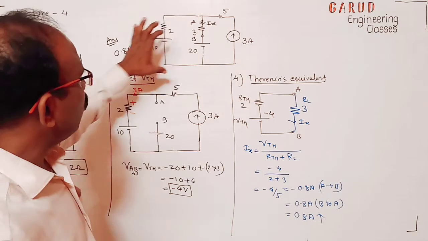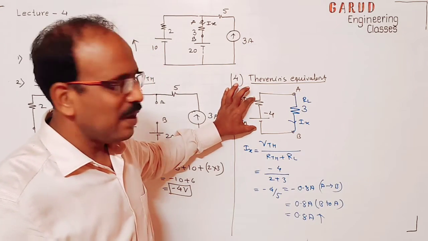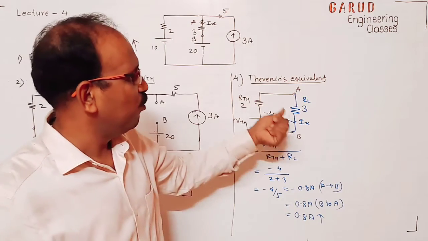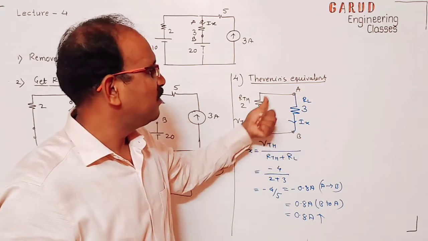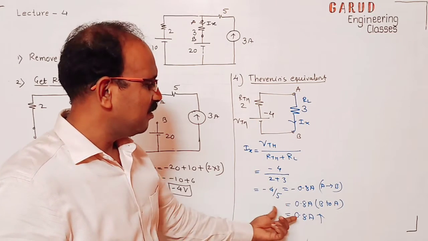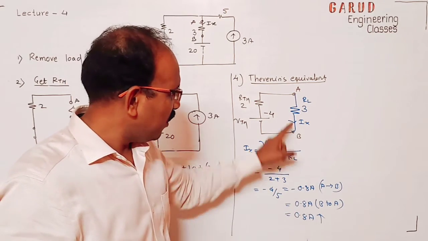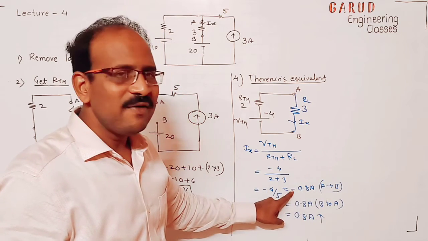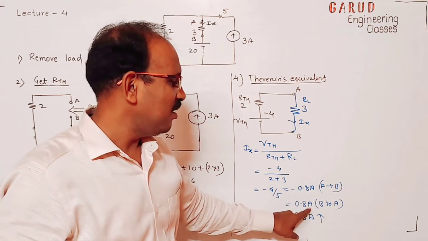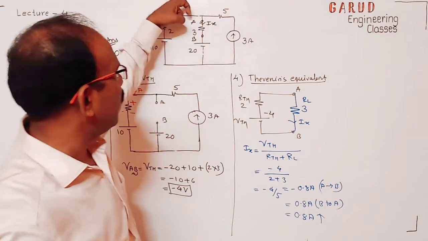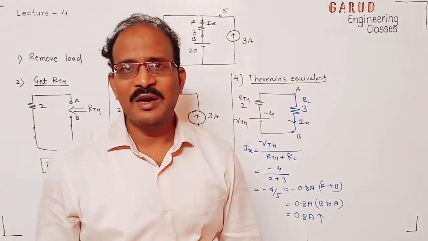Now, according to Thevenin's theorem, we have to draw the Thevenin's equivalent. And resistor, whatever the resistor was removed, we have to connect here. And just apply KVL or just apply Ohm's law to get this. So here, see, from A to B you are getting, but it's negative. So I change the direction, I make positive and B to A. Or A to B is in downward direction, so here will be in upward direction.